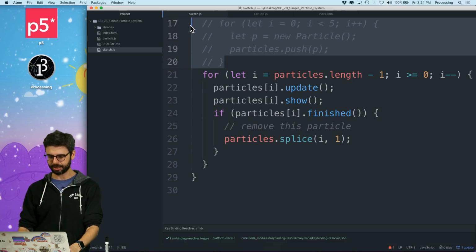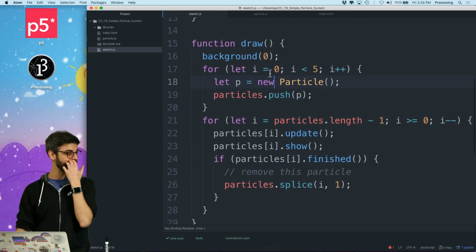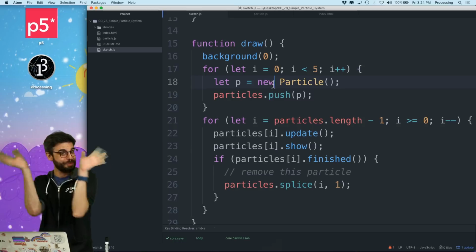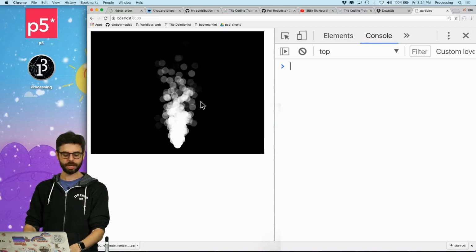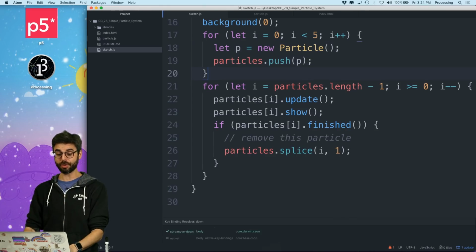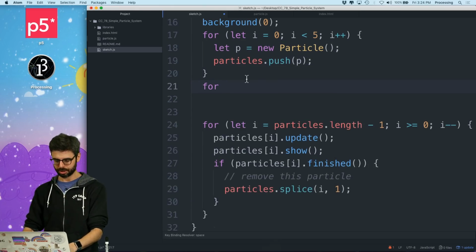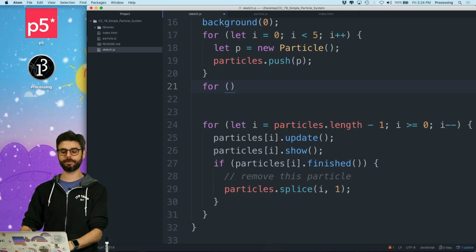Let me add this back in, where it adds 5 new elements to the array. And maybe there's a way I can do that with one of these higher order functions. There we go. Now we can see here's the particle system. One thing I could do to improve this is to just use the for of loop. So for every particle